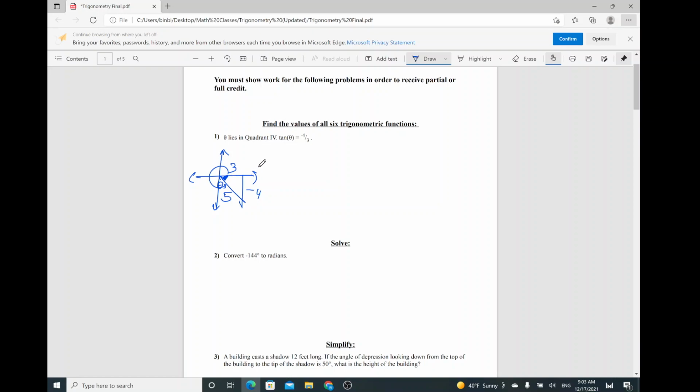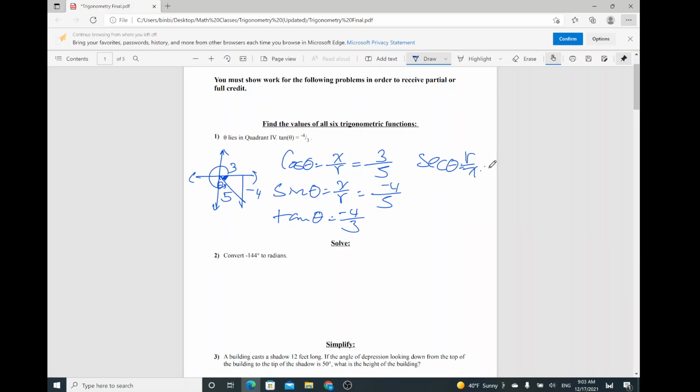angle. In order to get the rest of the ratios, we find cosine of theta, which is x over r, or adjacent over hypotenuse, so it's 3 over 5. Sine of theta is y over r, or opposite over hypotenuse, which is -4 over 5. Tangent of theta is already given, -4/3. Then the rest of the ratios: secant, the reciprocal of 3/5, is r over x, so 5 over 3. The reciprocal of sine is cosecant, r over y, so 5 over